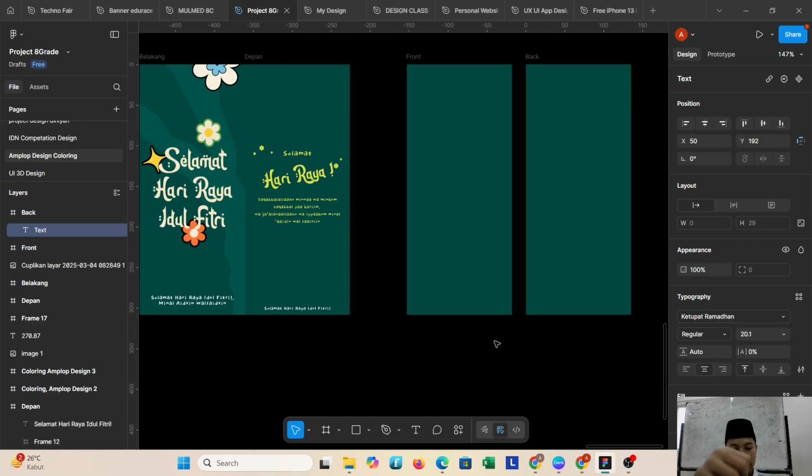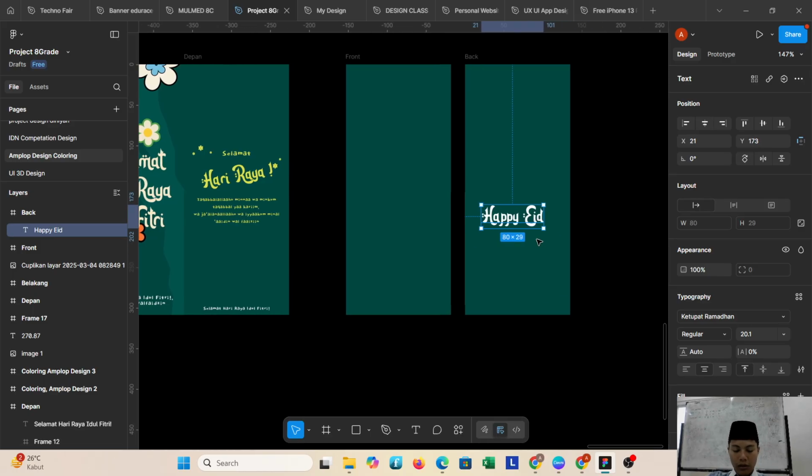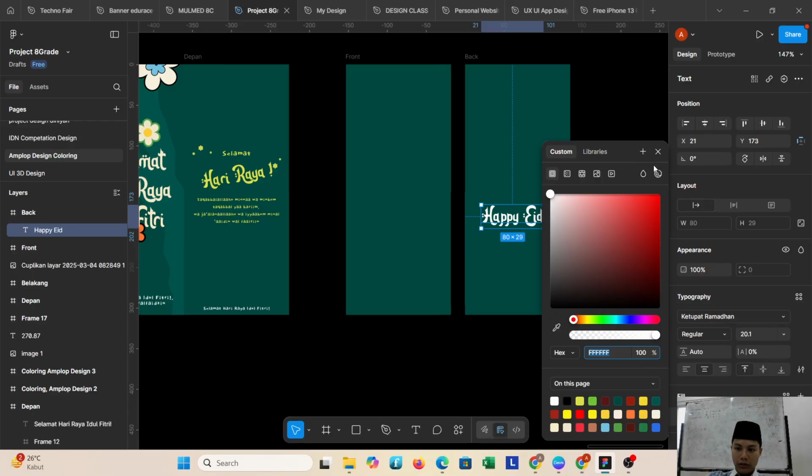Okay, and the next step is you can add the text like "Happy Eid", and then you can change the color. I want to use yellow, and you can change the color in the fill, by dragging or just clicking the color you want.